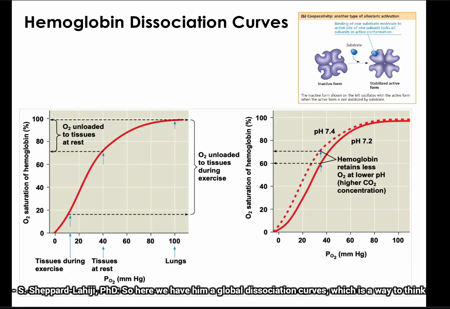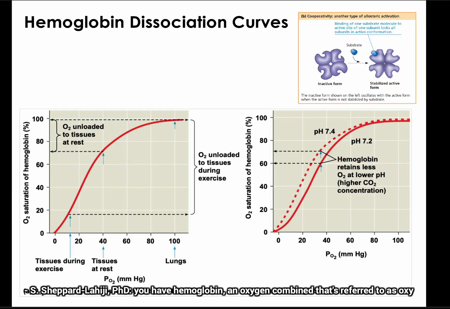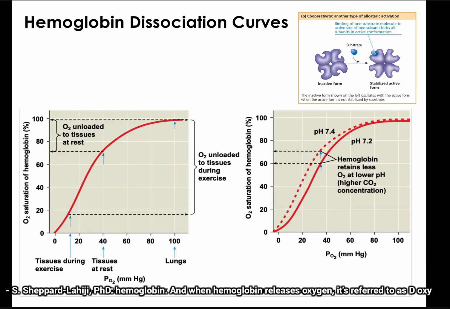So, here we have hemoglobin dissociation curves, which is a way to think about the relationship between hemoglobin and oxygen. Now, hemoglobin has those 4 polypeptide chains. They have their iron-containing heme group, and they can interact with up to 4 molecules of oxygen. When it comes to oxygen loading, it's a rapid process and it's a reversible process. When you have hemoglobin and oxygen combined, that's referred to as oxyhemoglobin. And when hemoglobin releases oxygen, it's referred to as